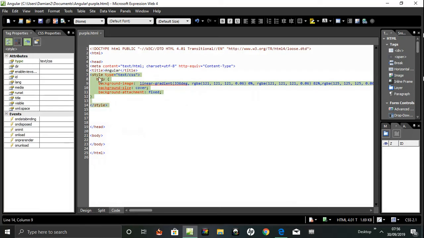Highlighting style type equals text CSS. That tells the browser the style type is going to be CSS, cascading style sheets. Body, in parentheses, background image, background size, background attachment. So this is going to cover the screen. Background image,